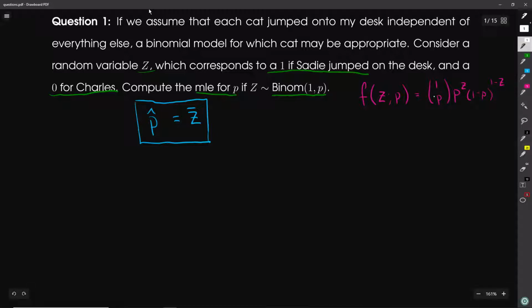That should be 1 choose z. My mistake there. This 1 choose z is going to either be 1 choose 1 or 1 choose 0, both of which equal 1. And so we can write this PMF a little bit more cleanly as just p to the z, 1 minus p to the 1 minus z. Okay, so we have our PMF, and so we want to write out the likelihood for p,